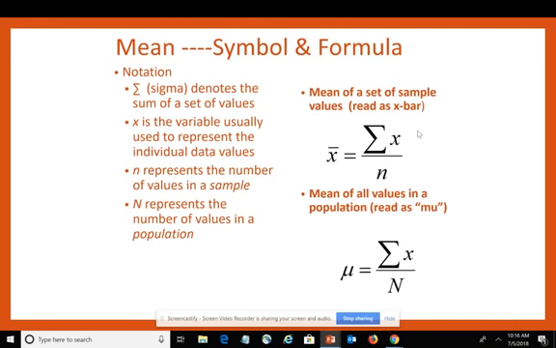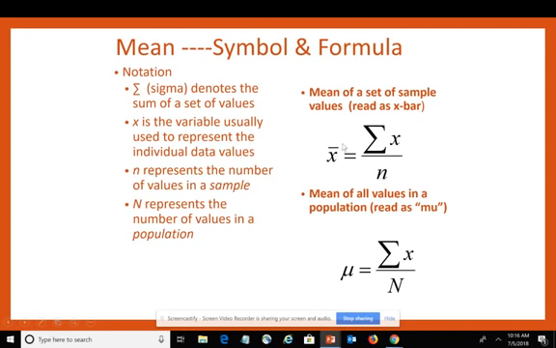Okay, this is the formula. Again, please do not get bent out of shape about the formula, okay? But mathematically, what you're doing is you're adding up all of your data values and dividing by how many you have. And we just use fancy math symbols to show that. The big E looking symbol called sigma means mathematically to add them all up. So this just tells me add up all of the values and divide by the sample size.